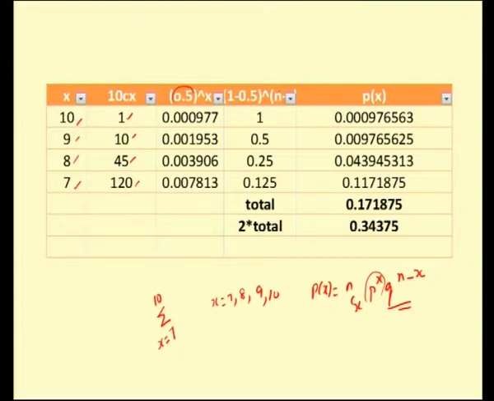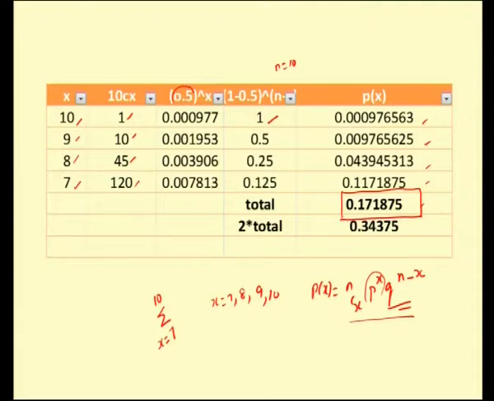So you will get it as totally n is 10 observations. So 10 minus x is 10, 0, anything raised to the power of 0 is 1. So similarly substituting, you will get the values. So you find out the probability, that is you multiply all the 3 columns, you will get the required probability values. So the total probability is this.